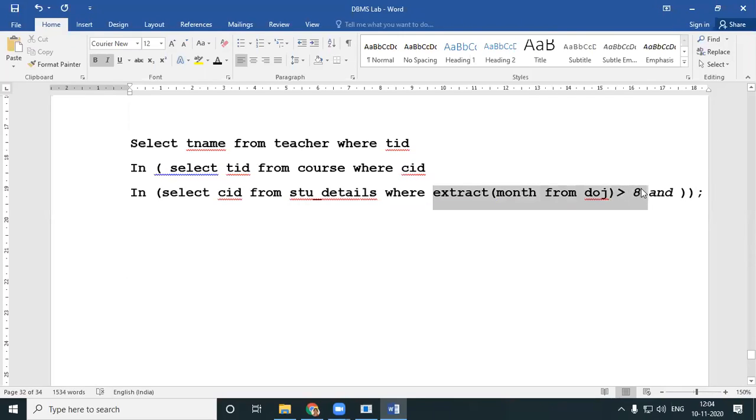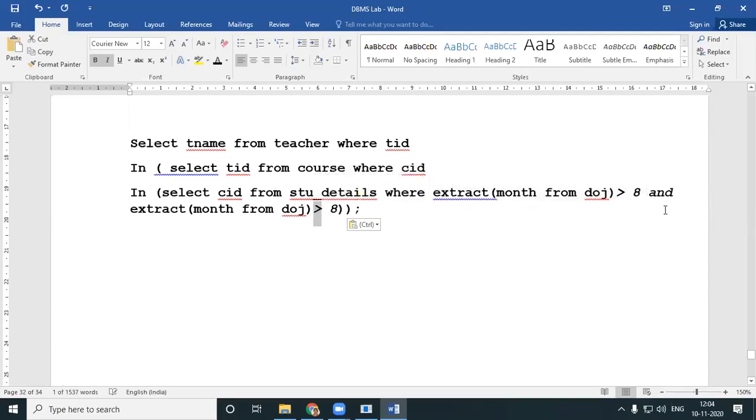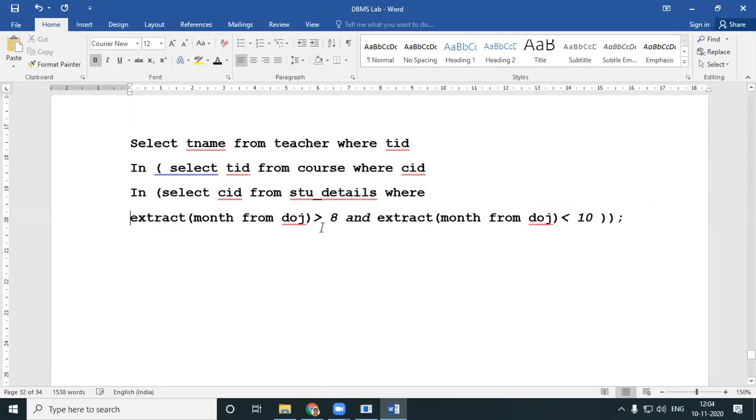month from DOJ less than 8. Less than or equal to; DOJ is greater than August, in between. So it will be greater than or equal to, and should also be less than, not 8, less than the 10th month. I'll just have this on a single line. Very simple.